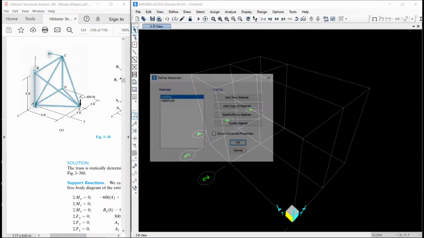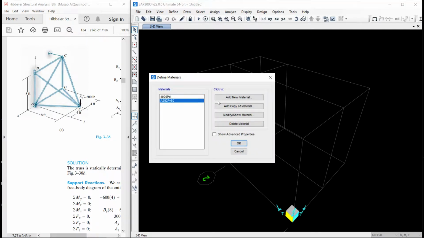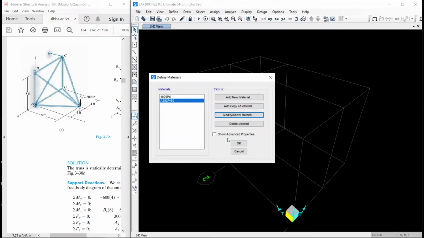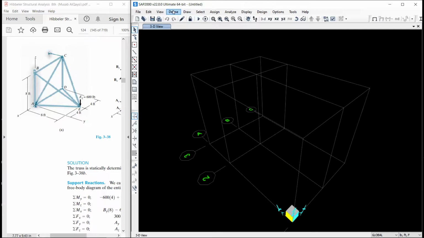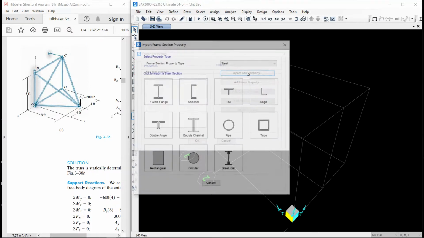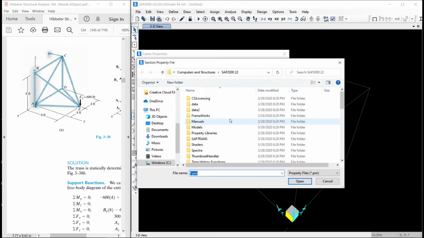Before modeling, let us define the material. Let us revise this material. Let us put the density as 0 over here. For section properties, let us import some sections. This time we will be using pipe.